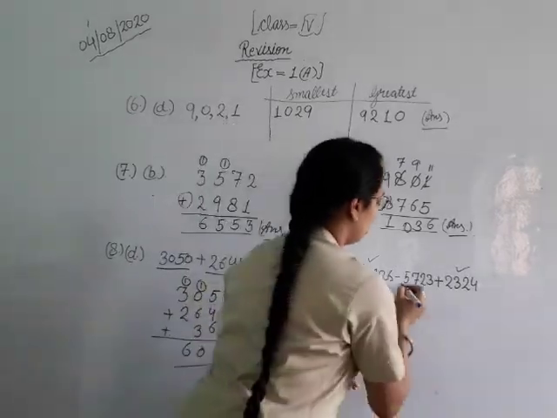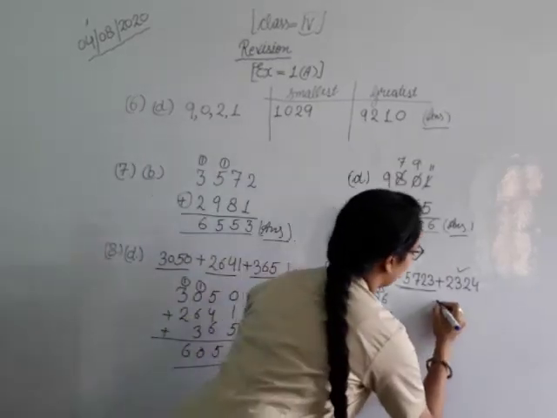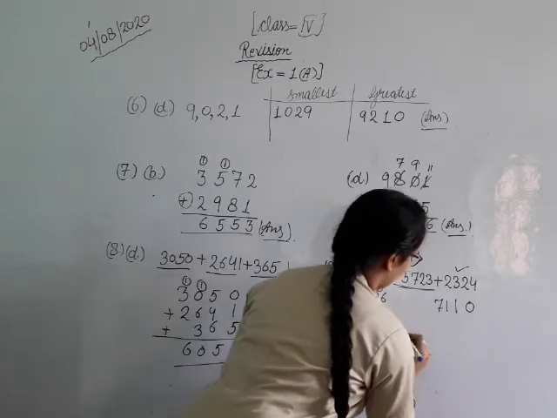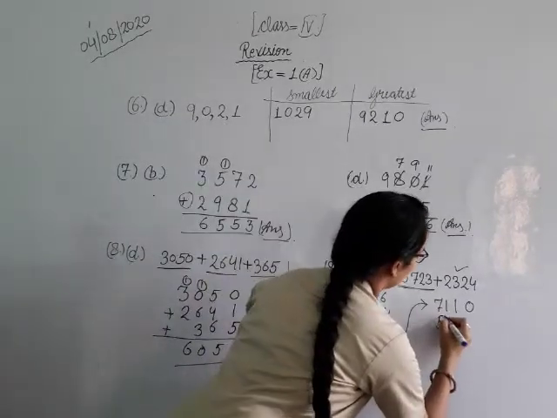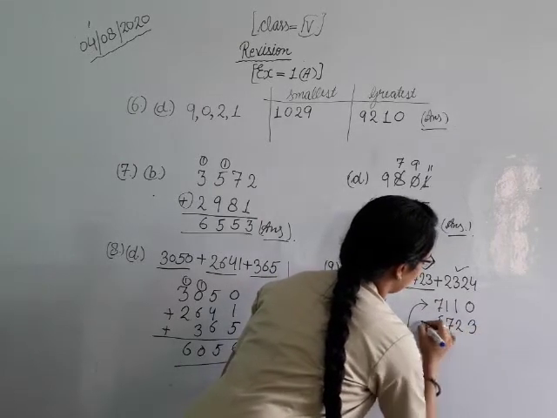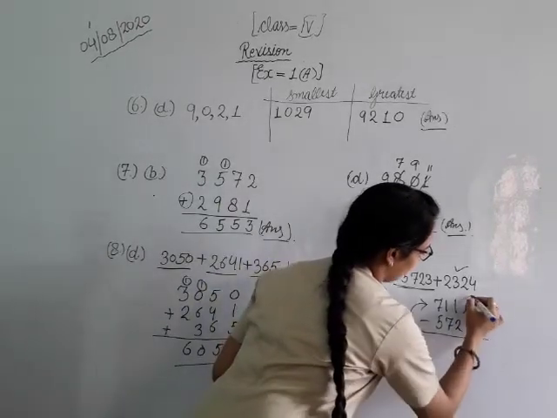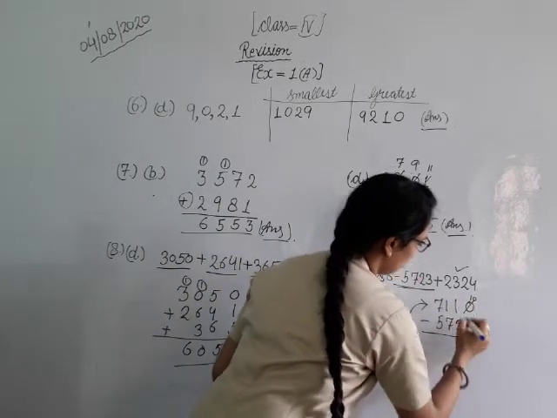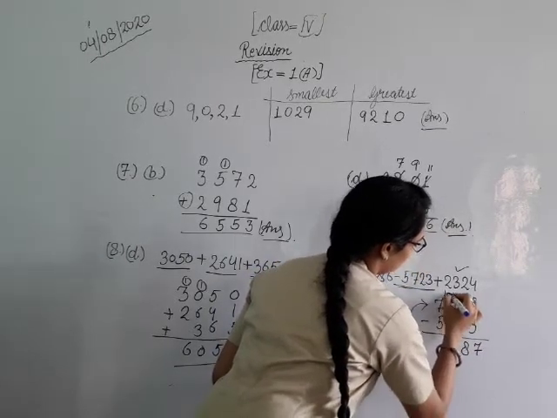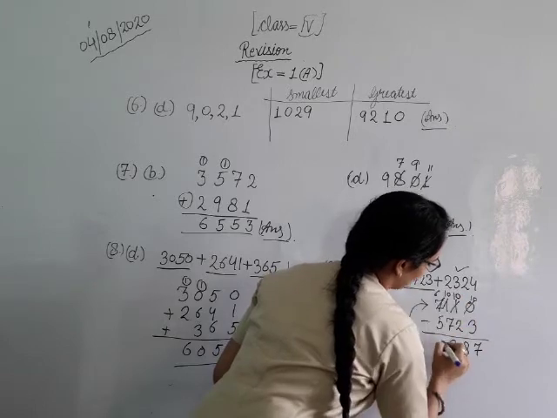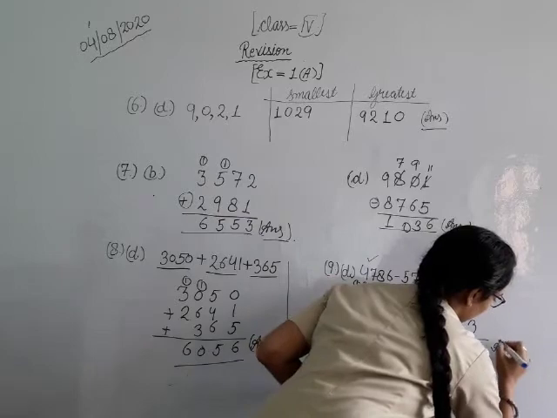Then what do we have to do? Still one negative number is remaining. So first of all we will write 7, 1, 1, 0 here. Okay. Then what do we have to do next? 5, 7, 2, 3. Subtraction we have to do. Then what will we do? First of all it will become 10 minus 3, 7. It will also become 10 minus 2, 8. 10 minus 7, 3. And 6 minus 5 is 1. Okay. So here this is your answer.